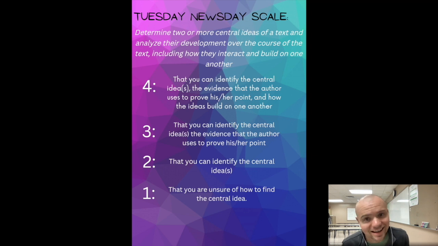But again, the most important thing here is honesty. If you're at a 2, I can work on helping you get to that 3. But if you say you're at a 3 and I can tell by your answers that you're not at a 3, then we've got to figure out where the disconnect is. But if you can tell me that you're at a 2 or a 1 and why, I can help you get to that 3. Thank you, and completing this lesson has earned you your unit for today.